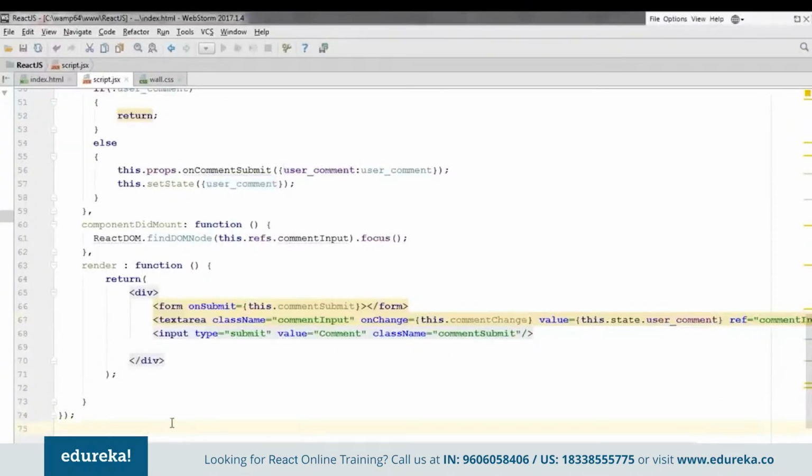Okay, so we are done with our second component as well. Now let's move on to our third component, that is, let me say, comment grid. Now this component will be taking the comments and then it will link them to a particular user. I have specified 4 users in my PHP files. Whichever user adds the comment, it will take the comment and integrate it